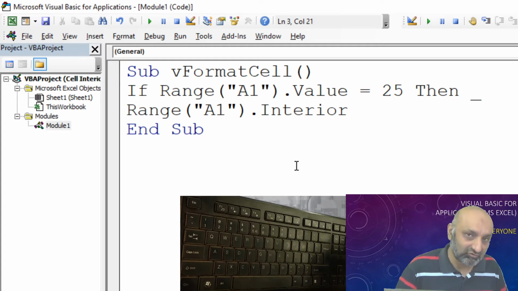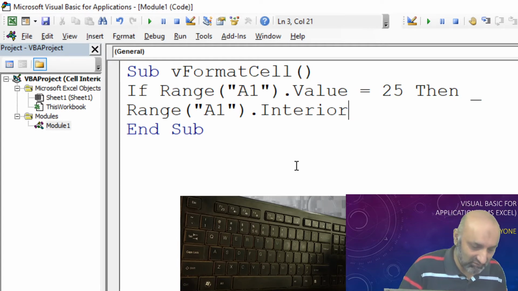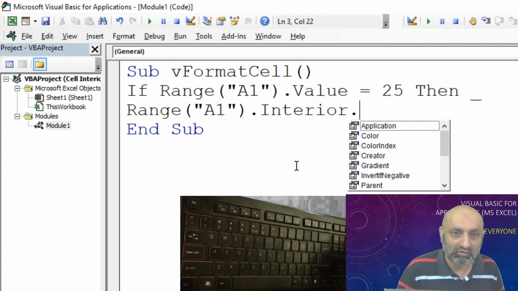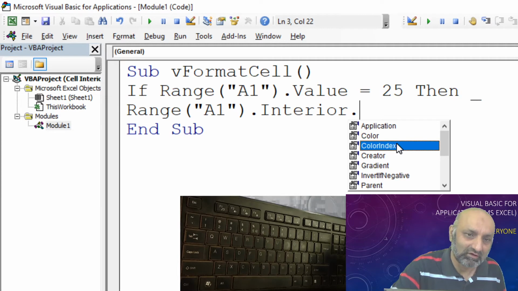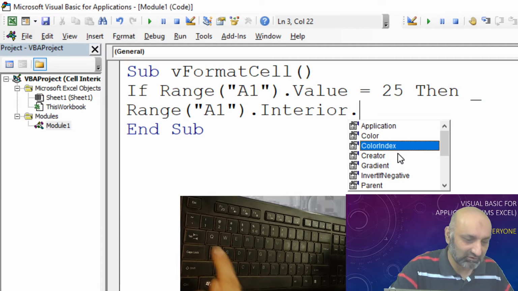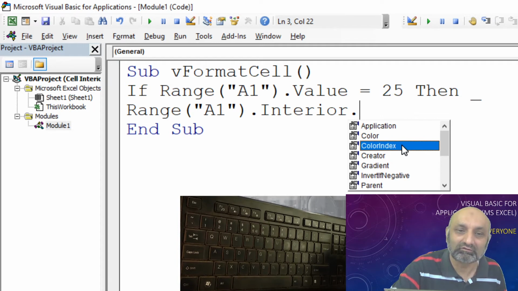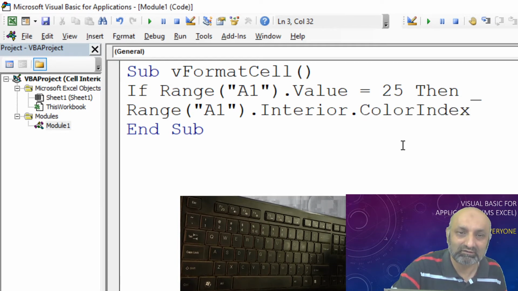So I want to do something with the interior dot, I want to change the color. I have two options, color and color index. Let's use the color index. Once color index is clicked, I can use the tab key, but instead of the tab key I can also double click on this and it will be accepted by Excel.